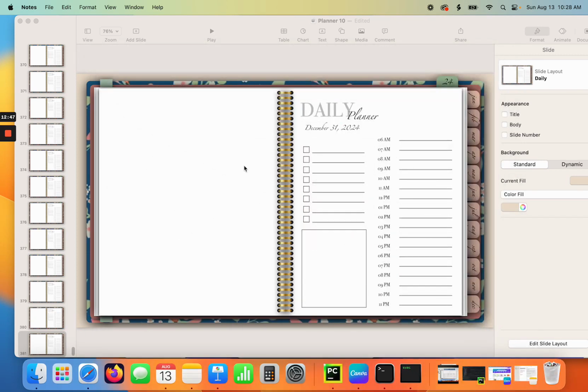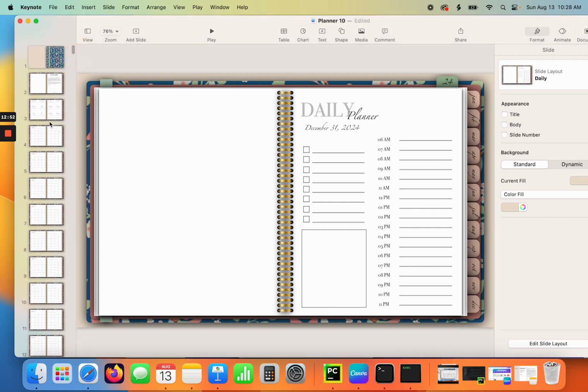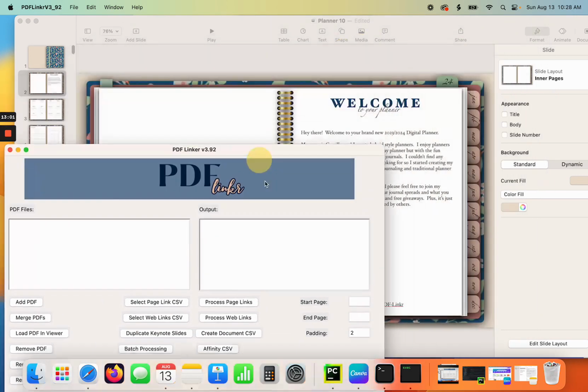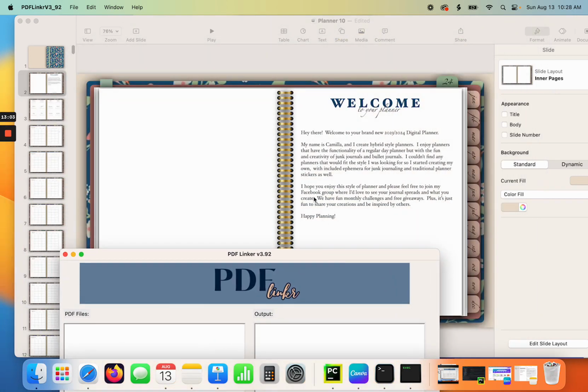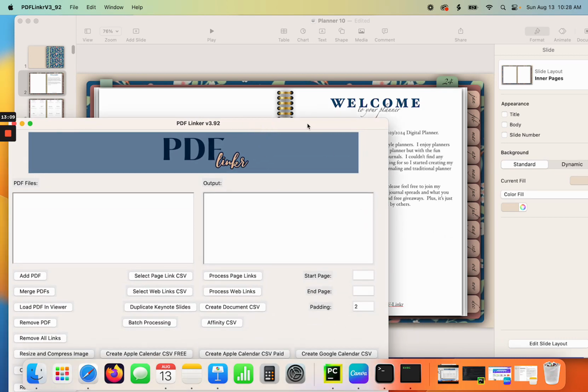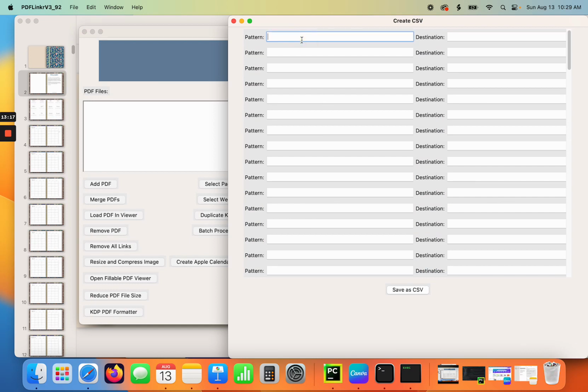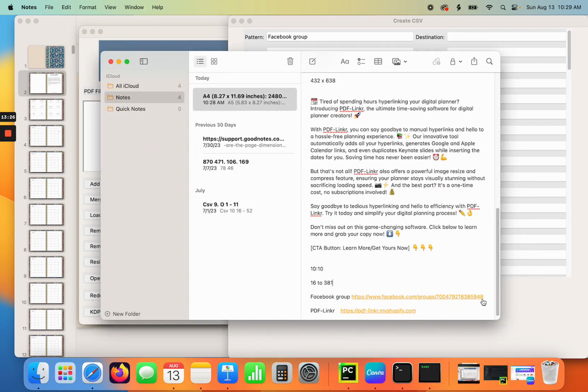Okay. So, I also want to add the links. Remember, I created my little welcome page up here. That's the second page of my planner. So, I want to use PDF-Linkr to create a CSV that's going to add a link to my Facebook group and then also down here to PDF-Linkr. The words PDF-Linkr, it's going to link to my landing page. So, I want to create a document. And the pattern is going to be Facebook group. And then I have the link down here in my little